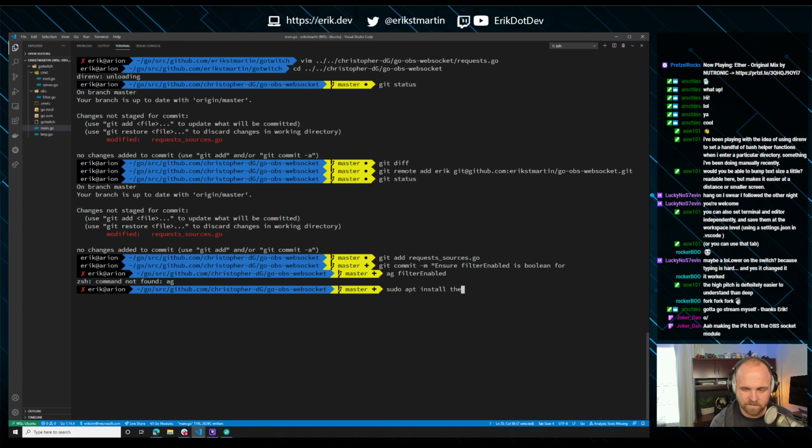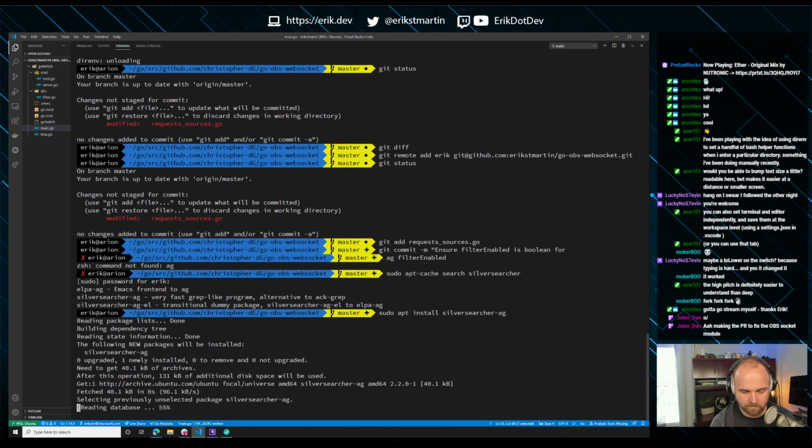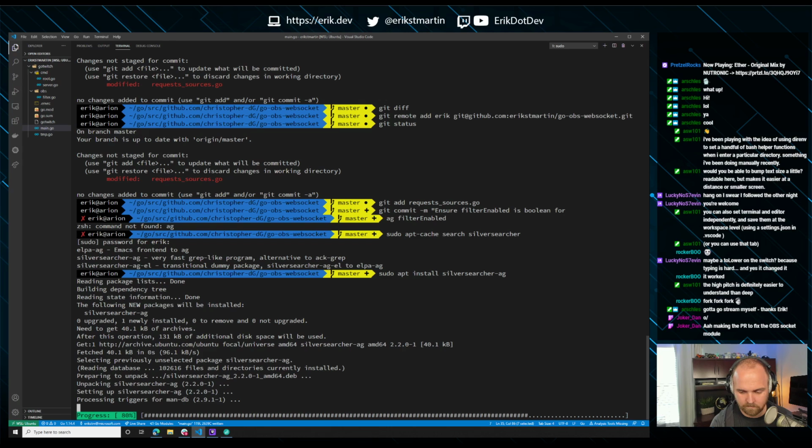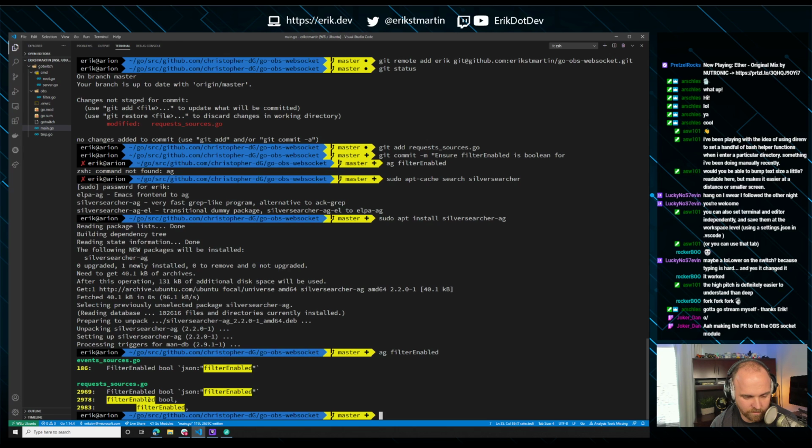It's the Silver Searcher. I always forget this. The package name is not... Silver Searcher, AG. Let's see if any of the others are broken. So bool, bool, bool. So it looks like everywhere else